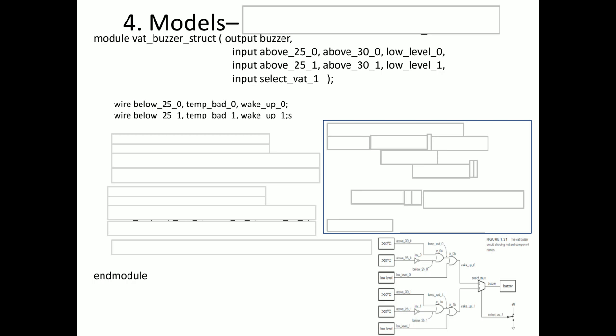Next we'll describe VAT0. We need to identify VAT0, so we need to comment it out. In every programming language there's a documentation section called comment. Comment means it is not a description of the circuit, it is just for the designer or the reader to understand the code.